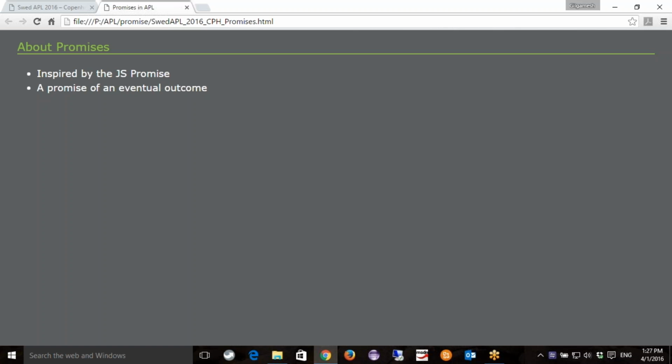and catch the eventual outcome. So a promise is a mechanism to run an asynchronous process and then have an easy way of getting out the data when it's ready. Morten tells me they call this an explicit future, but I'm not entirely sure if what I'm going to show you today is what they had in mind.